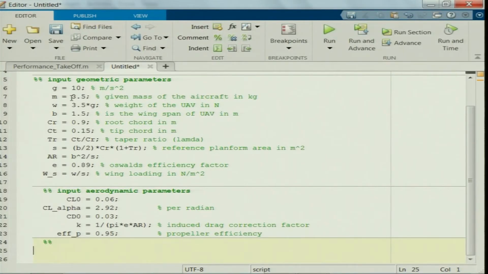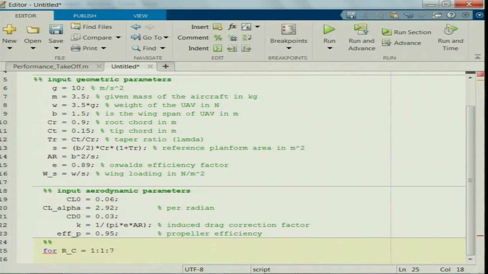Now what we need to do is to consider the climb parameters. What I would like to vary initially is the rate of climb, r underscore c here. That is our first step: I would like to vary the rate of climb from 1 meter per second, with an interval of 1 meter per second, to say 7 meters per second.